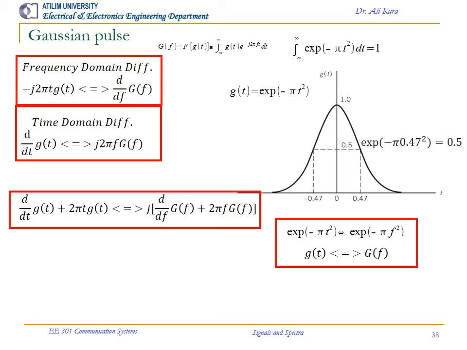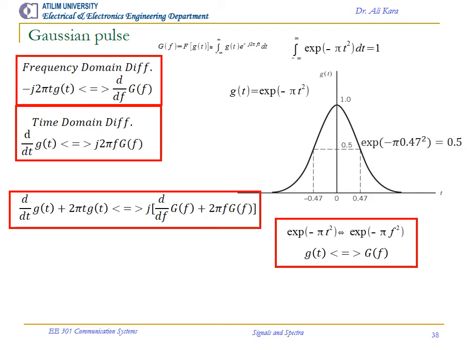In this example, we use the differentiation property of the Fourier transform to derive the particular form of a pulse signal that has the same mathematical form as its own Fourier transform. Let capital G of f denote the Fourier transform of g of t. Then, by taking the derivative of capital G of f with respect to f in the frequency domain, we have the Fourier transform pair minus j 2 pi t times g of t, and the derivative of capital G of f